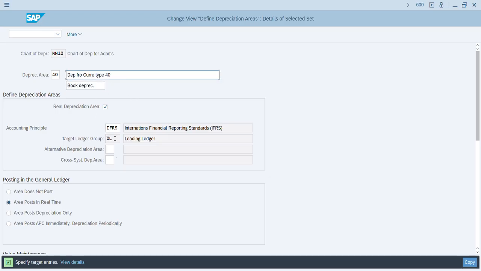And then what to say is area does not post. You can see area does not post. And then I'll click on copy. Okay, it's telling me that this key is marked for deletion. I understand, because we have chosen that 40 before, all we just need to do is